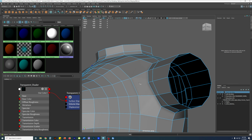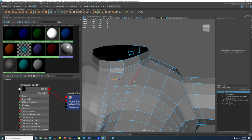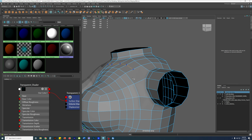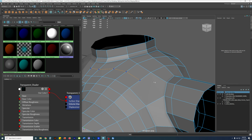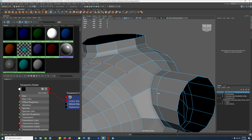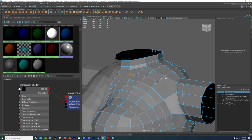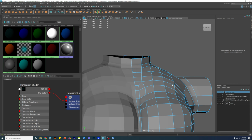Next clue is that this part here needs more meat, right? And the only way you can put more meat is by adding edges or edge loops. I'm using a multi-cut, so I'm cutting across. I come to this juncture where I don't know what to do. Do I just connect it here? Do I connect it here, or do I terminate it here? So as a student, you come to this situation, but for now I'm gonna press W just to leave my mark,